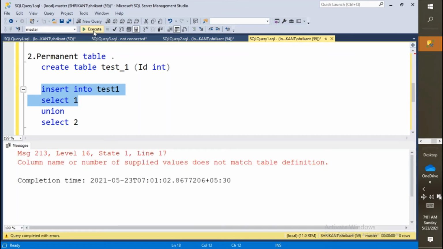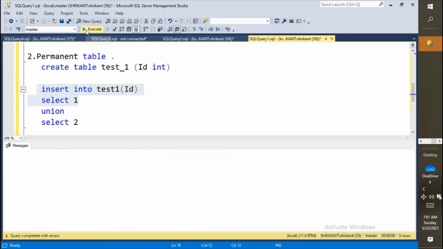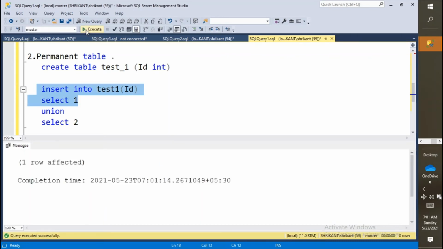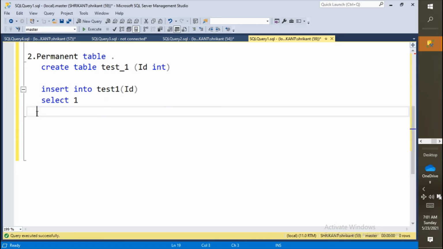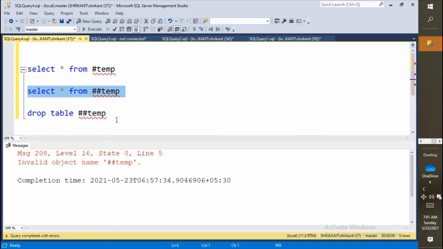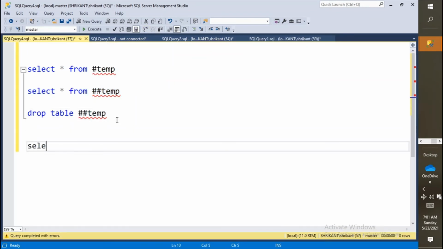Let's run it. So we loaded data into the table. Now if I go into another session and run the query, let's see if that table is accessible in another session or not.